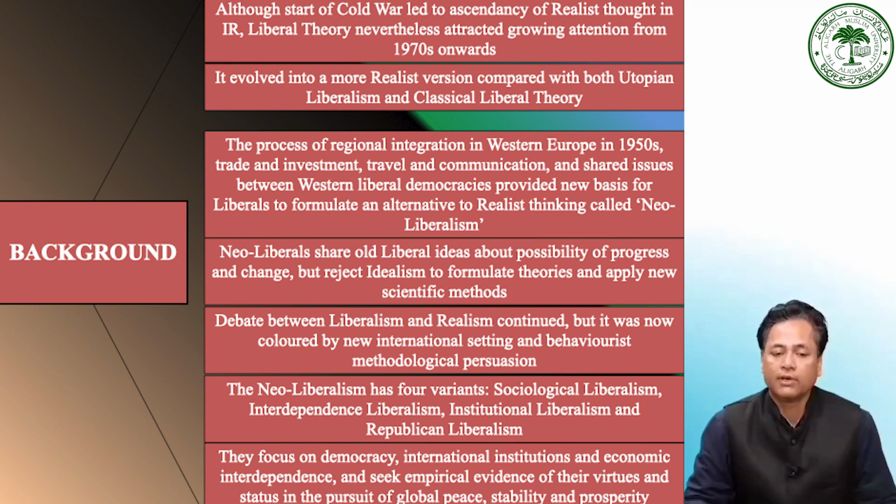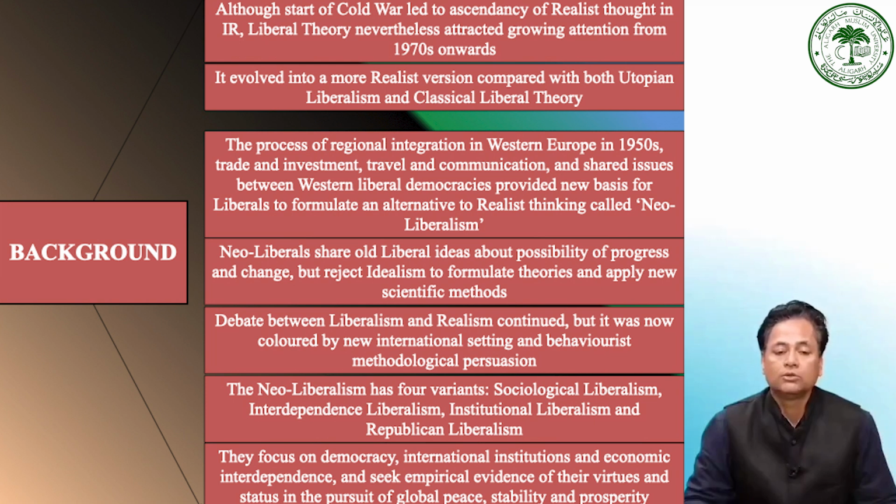This is called neoliberalism. Neoliberals share old liberal ideas about the possibility of progress and change, but they reject idealism because they think that they would formulate theories and apply new methods which are scientific. In a way, as I said, there were so many problems with idealist liberalism, and so many problems with the classical liberal theory, because most of the arguments at that time were not very convincing because of realist theory